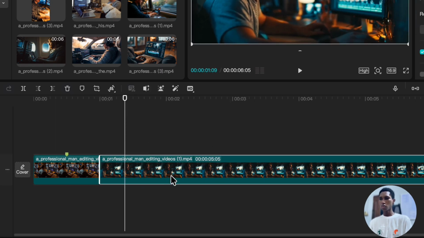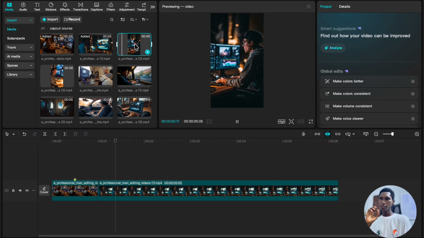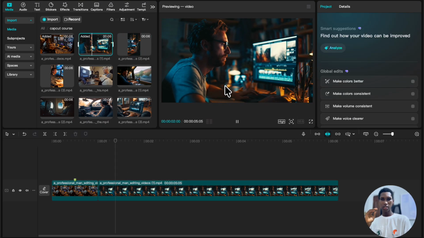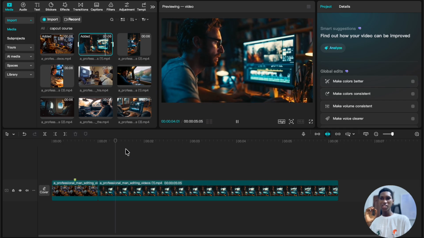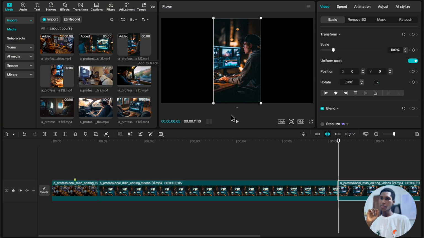The same thing now. Before I move further, let me show you one quick hack in CapCut. Let me explain this to you. There's a video here. You can see this video, and this video. They fit the screen differently. There's something in editing called aspect ratio, which is the size of your video. If I bring this particular video in now, as you can see,